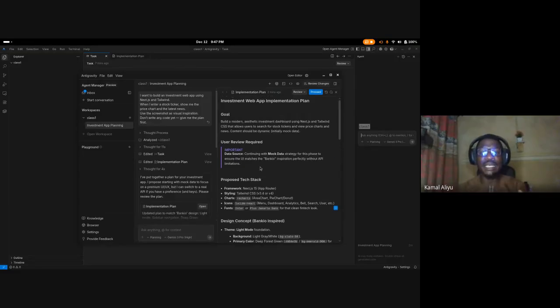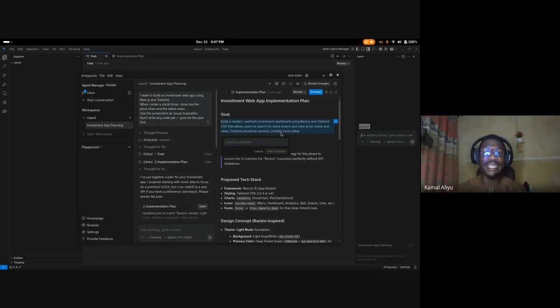One thing with Antigravity is that you can also drop a comment. Let's take, for instance, this goal that Antigravity generated. I'm not okay with it, so I can leave a comment. When Antigravity comes to start executing, it's going to take the comment that I leave and implement it or take any action depending on what I put as the comment.